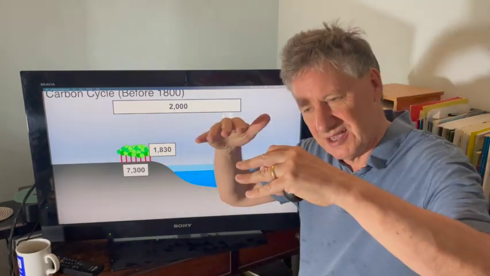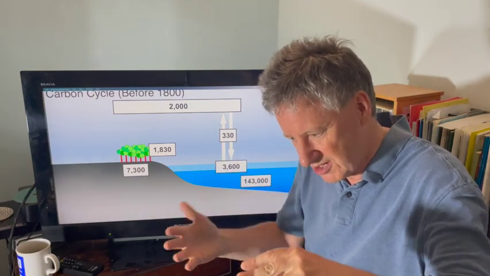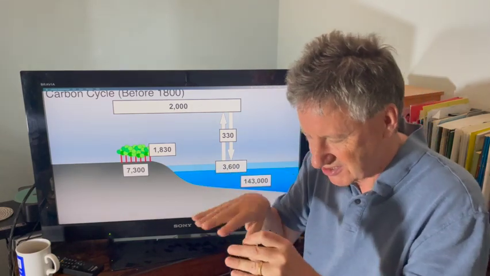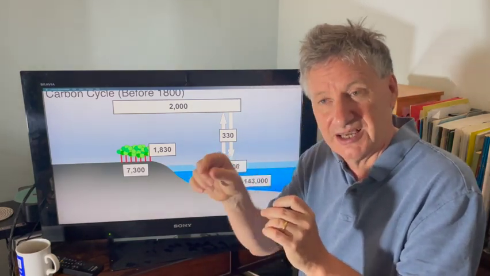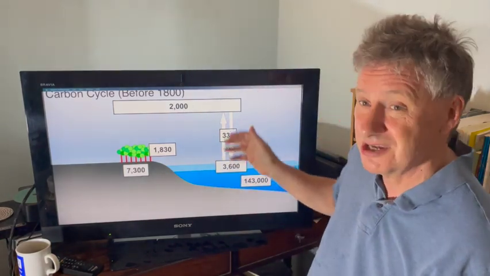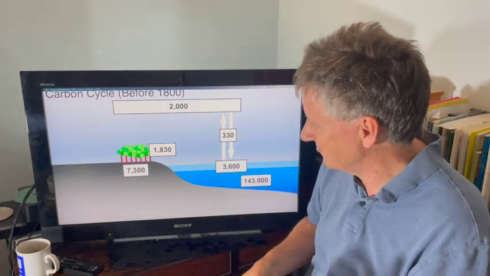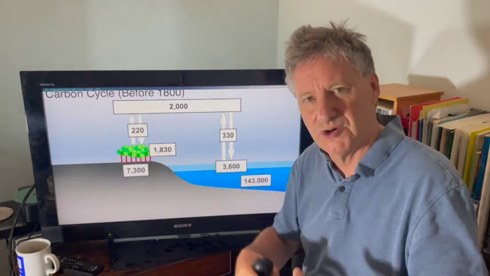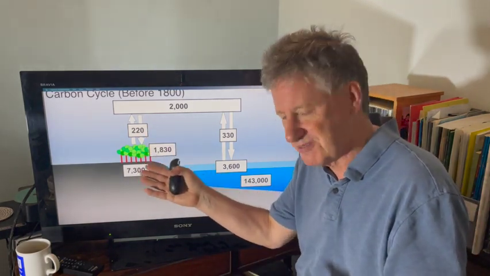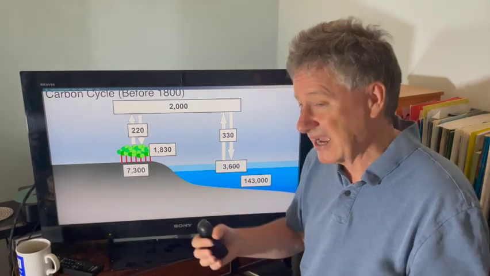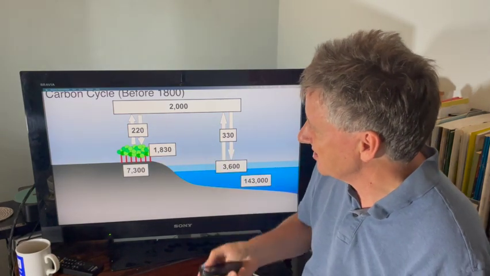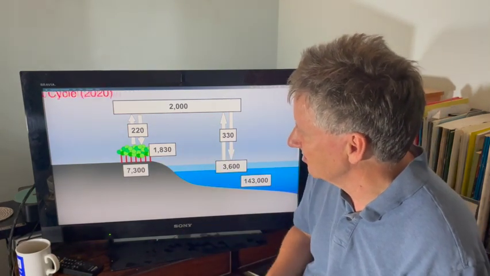So as the atmosphere meets the water, you get bubbles of the atmosphere encapsulated in the surface, and gas can go from the atmosphere into the liquid, and from the liquid into the atmosphere. So there's a constant flux of about 330 billion tons every year. And similarly, when things grow in the spring and summer, we absorb carbon dioxide from the atmosphere and make biomass. And then in the autumn, it's emitted again. So there's this constant cycle. So let's see how that has changed in the modern day.